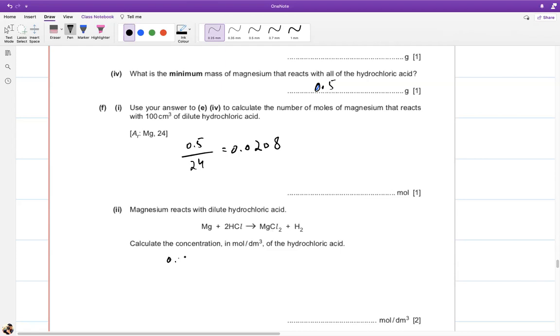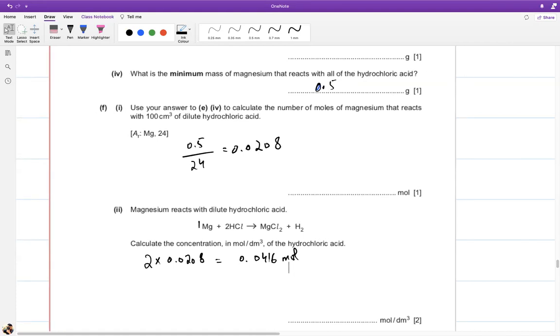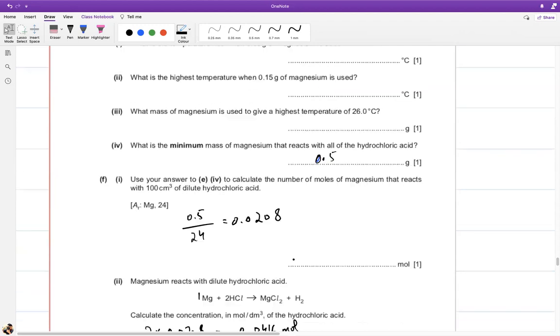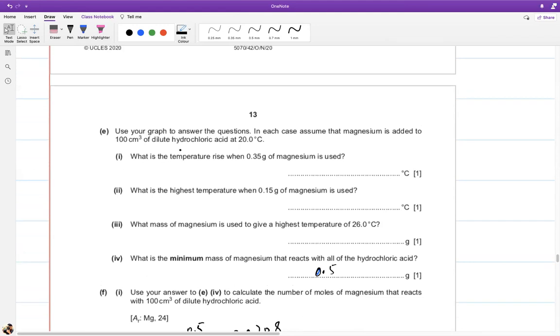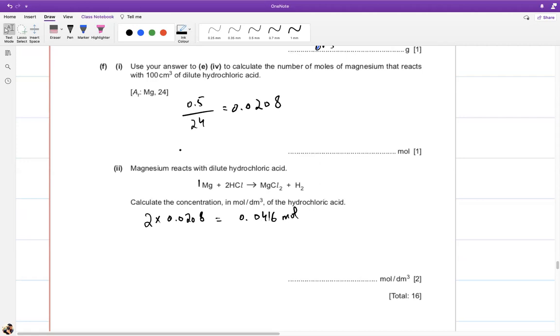Okay, हमें पता है कि 0.0208 मैग्नीशियम का मोल्स है, और रेशो क्या है 1:2, तो HCl इसका डबल होगा, तो वो 0.0416 मोल्स बन जाएगा, लेकिन उसकी वॉल्यूम कितनी है, ठीक है। अब ये वॉल्यूम हमें ऐसे पता चलेगी कि हमने देखना है कि कितना वॉल्यूम यहां पर यूज हुआ था। 100 cm³ डाइल्यूट सल्फ्यूरिक एसिड यूज हुआ था, तो हम मोल्स हमारे पास हैं, इनको हम 100 cm³ में डिसॉल्व कर देंगे, ठीक है। तो 0.0416 over 100 divided by 1000, बिकॉज हमने cm³ से dm³ में कन्वर्ट करना। तो बेसिकली ये क्या हो रहा है, 0.0416 into 10 हो रहा है, तो 0.416 मोल पर dm³ आपकी कॉन्सेंट्रेशन आ जाएगी। ठीक है।